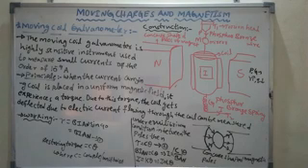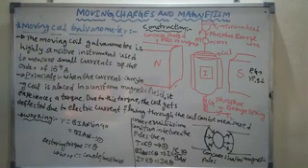So each and every part you should watch carefully. This is the last part in moving charges and magnetism. The last concept is the moving coil galvanometer. We understood that when a current carrying conductor or coil is placed in a uniform magnetic field, it experiences a torque. Based on this principle, the moving coil galvanometer works.